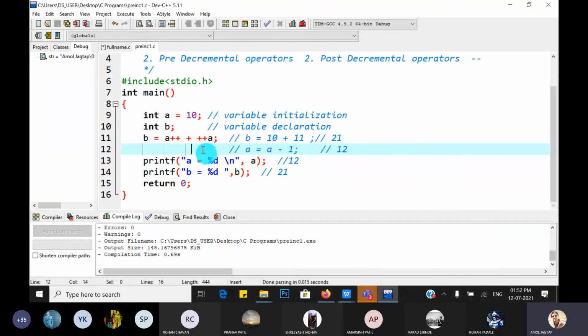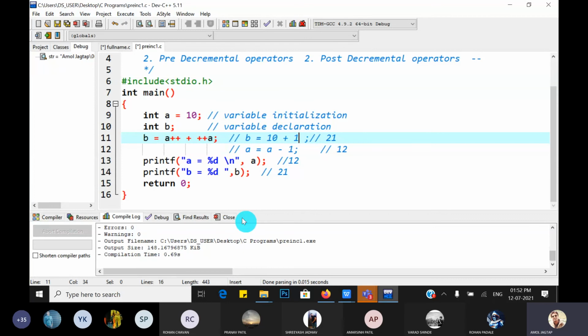Now the same thing. A plus plus, left to right execution, and the plus plus operator has higher precedence than the plus operator. So the initial value is 10 itself. When we move to the next statement, plus plus A means we have to pre-increment, so A becomes 11, and the post-increment makes it 12.